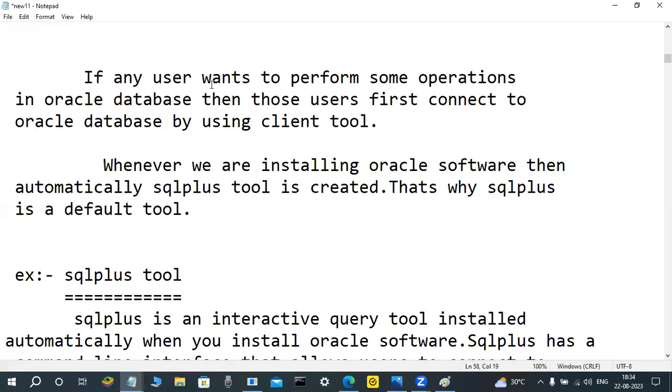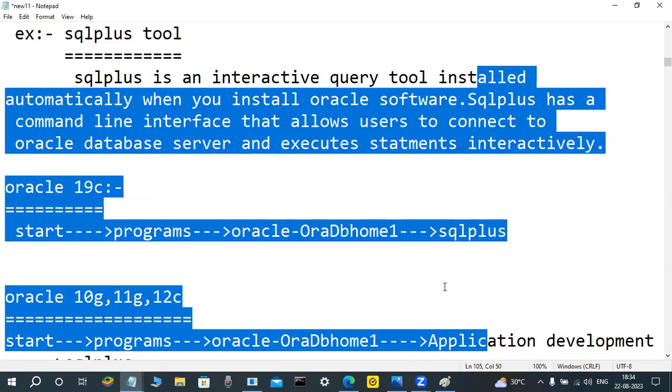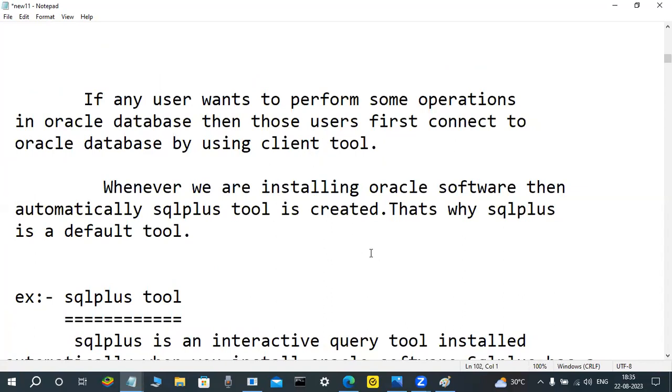Very easy. If any user wants to perform some operations in Oracle database,